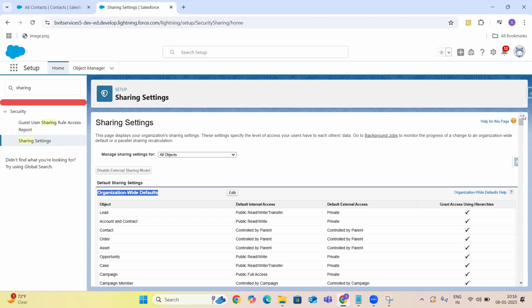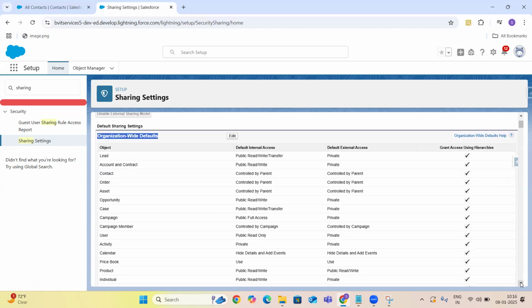Okay. So using OWD, what are the different types of access that we can provide? For example, the lead record. Lead is the object. Any records created under lead are set as Public Read/Write/Transfer, guys.